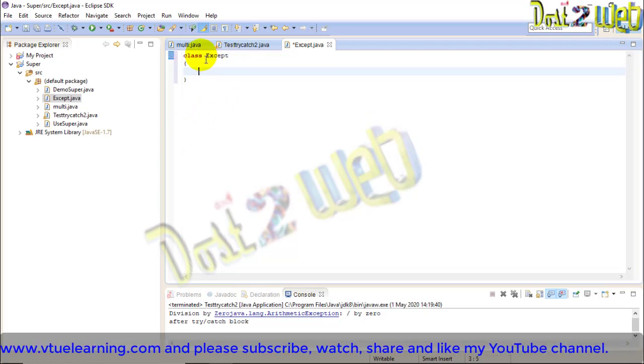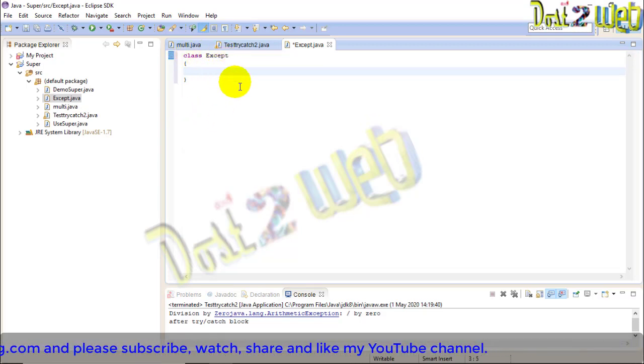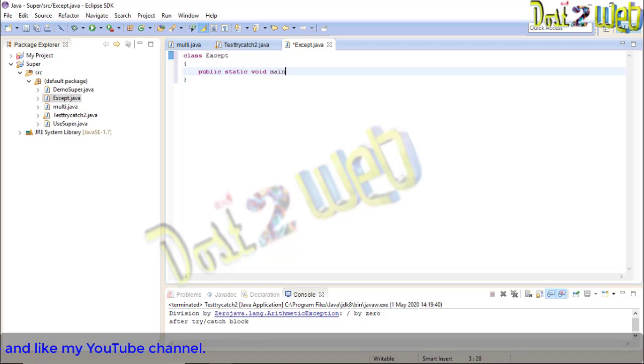The moment you give that, there is no error. Then we have to define the main method. So I'll write the main method, static void main.